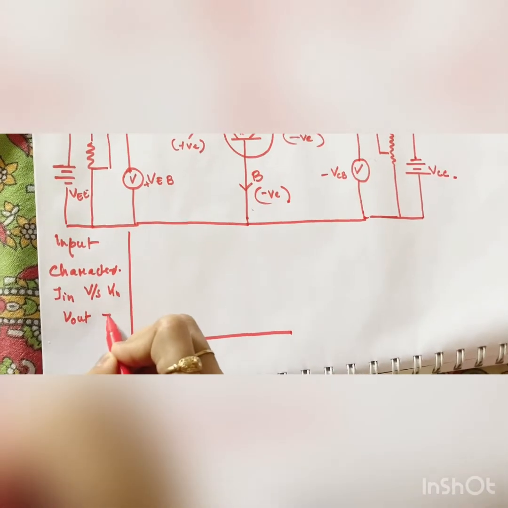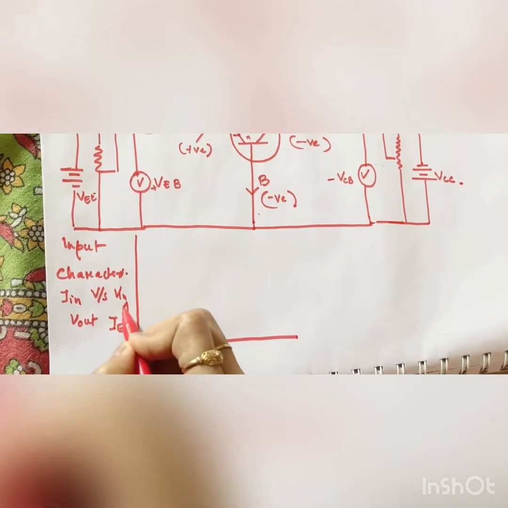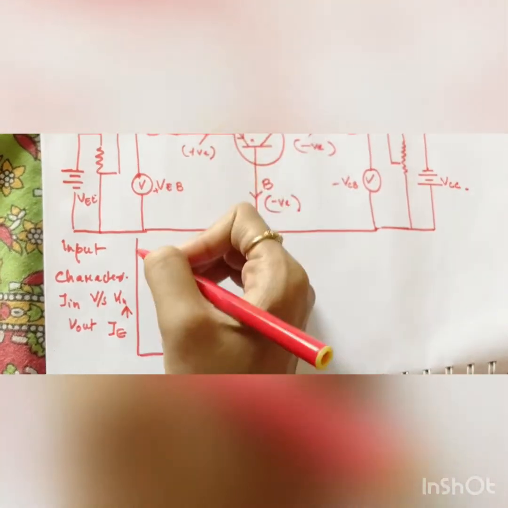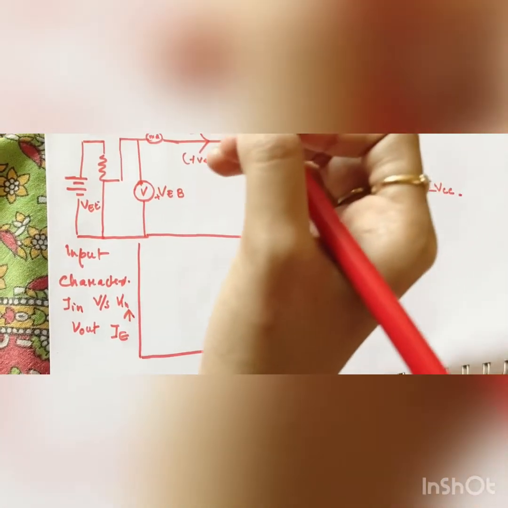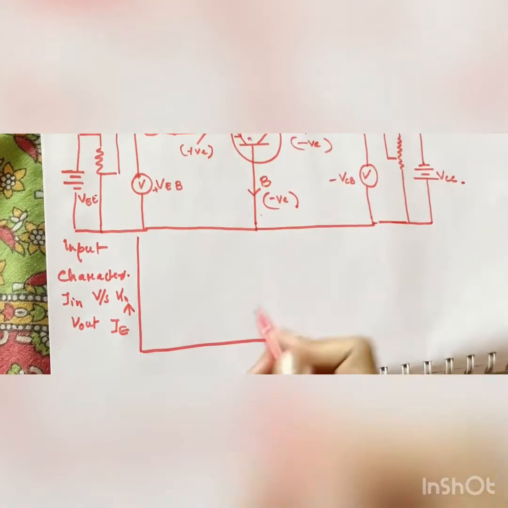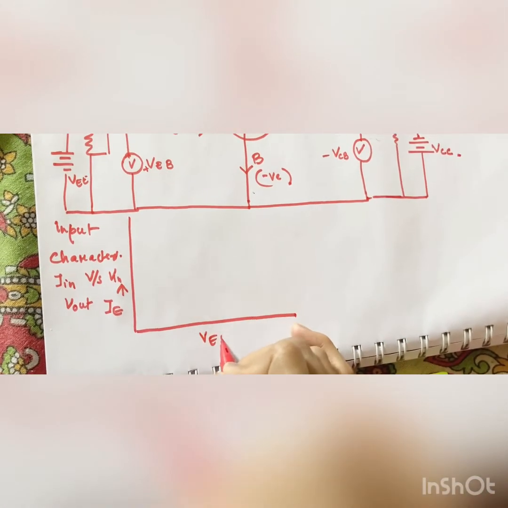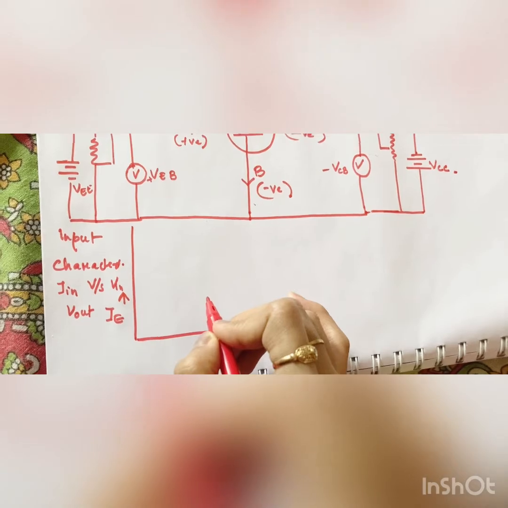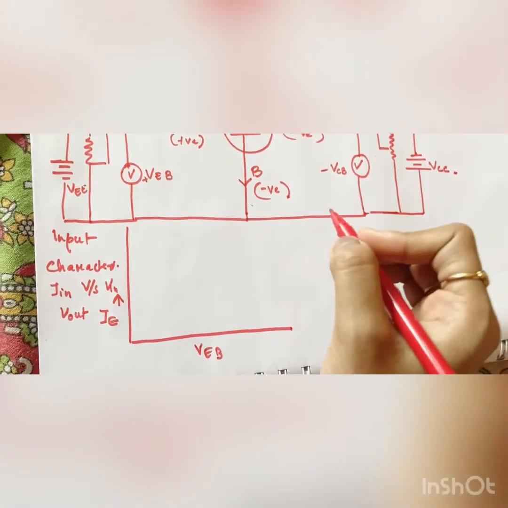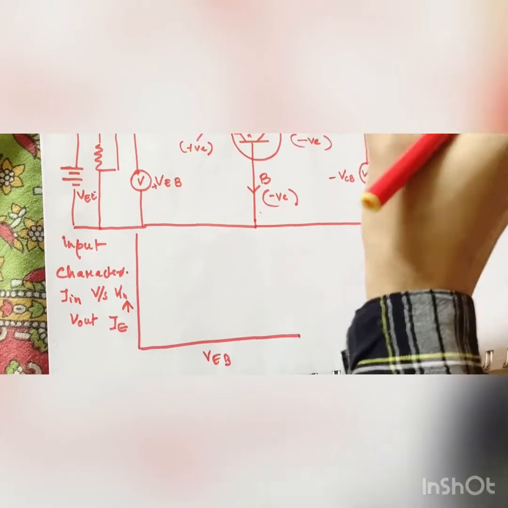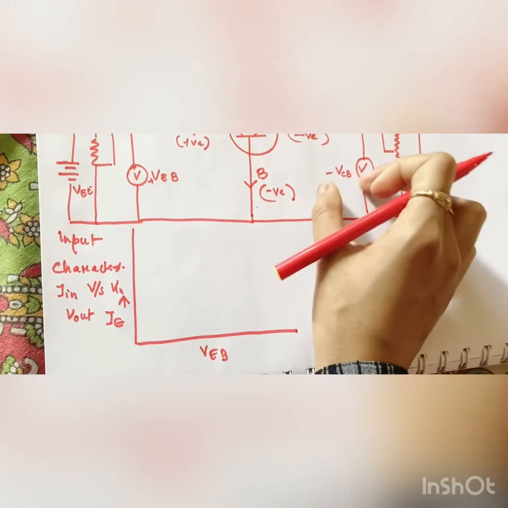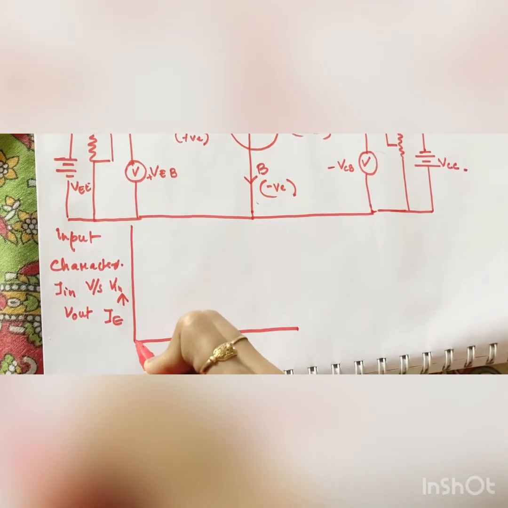So this is a graph between IE, the input current, and the input voltage, VEB. This relates with the input voltage in a given VCB, in a given output voltage. VCB is the output voltage, right? In input characteristics,